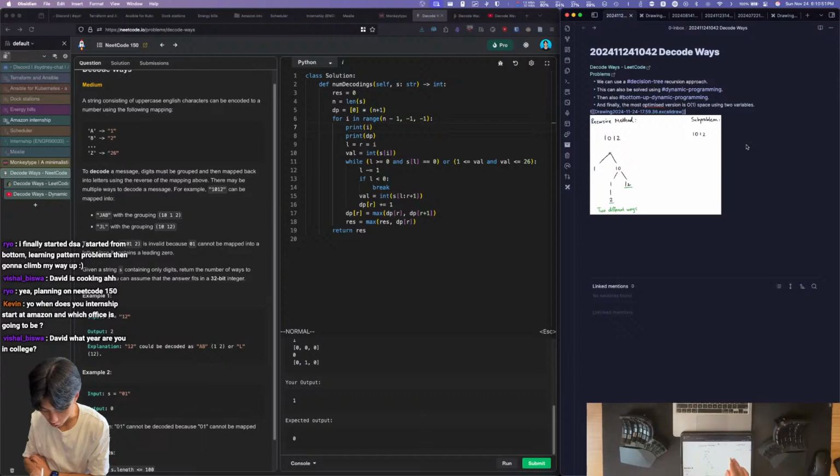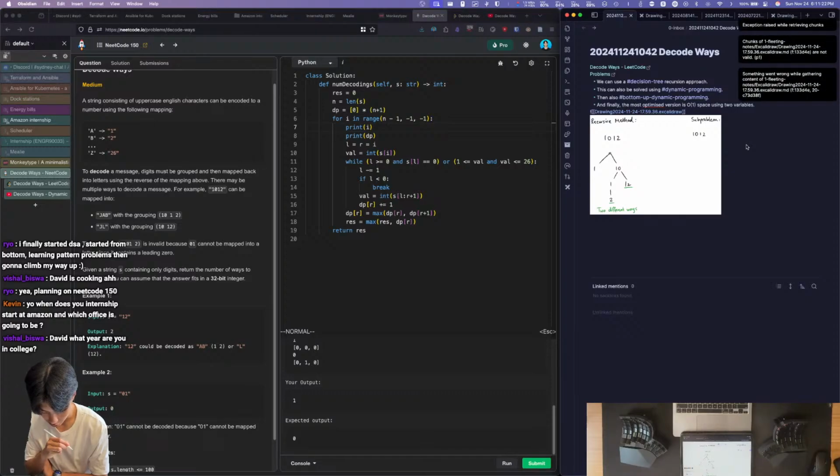And when you're at 1, you're at index 1. When you're at 10, you're at index 2. And so at index 0, you want to be able to find that the DP of